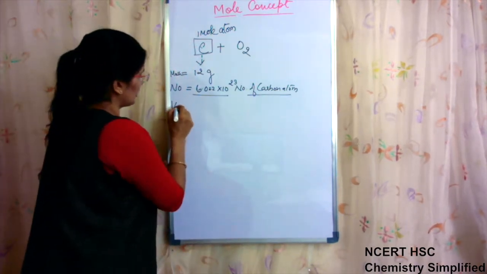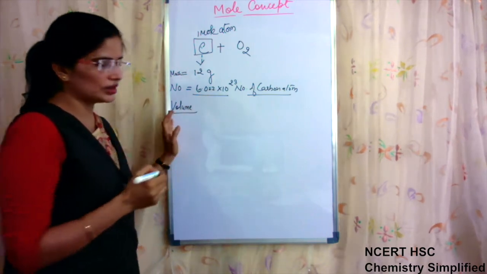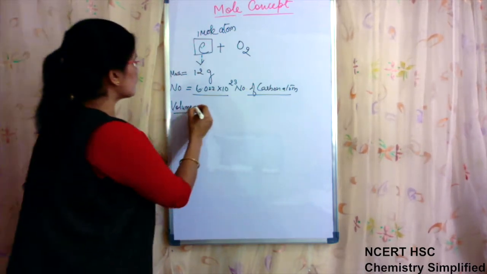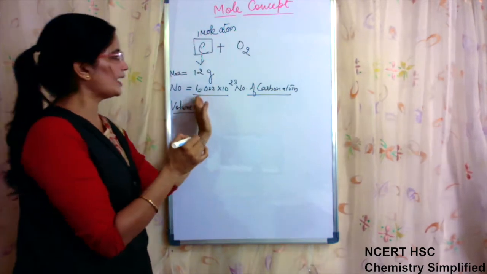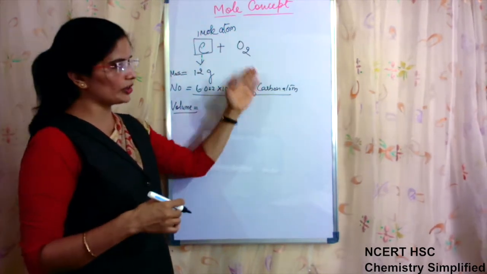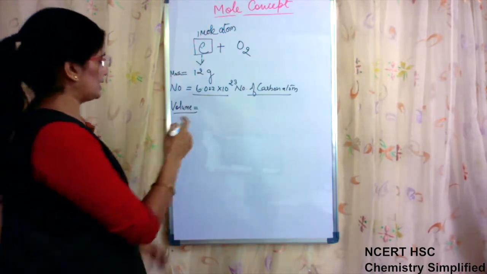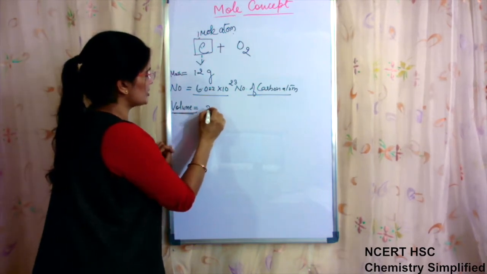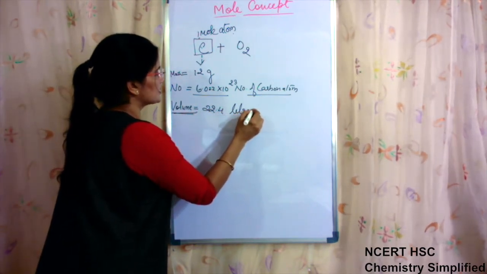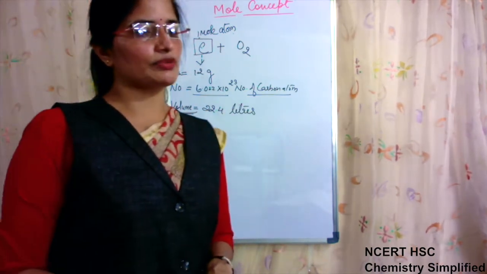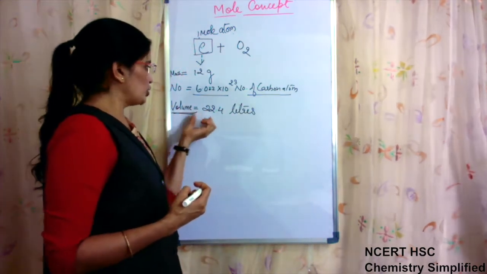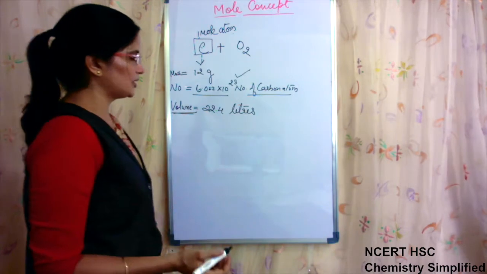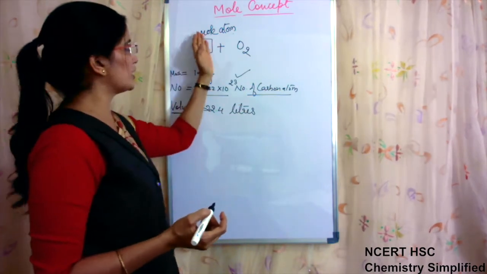One more thing is there. If in terms of volume we talk, though this is not needed much, these two things are very commonly needed. As it is fixed that 1 mole of a substance will have this many number of atoms, whether it is carbon or hydrogen or oxygen or any other element, similarly the volume of 1 mole is fixed, that is 22.4 liters. 1 mole of any substance will occupy a volume of 22.4 liters. This is also calculated. So 3 things must be known about 1 mole of atom.